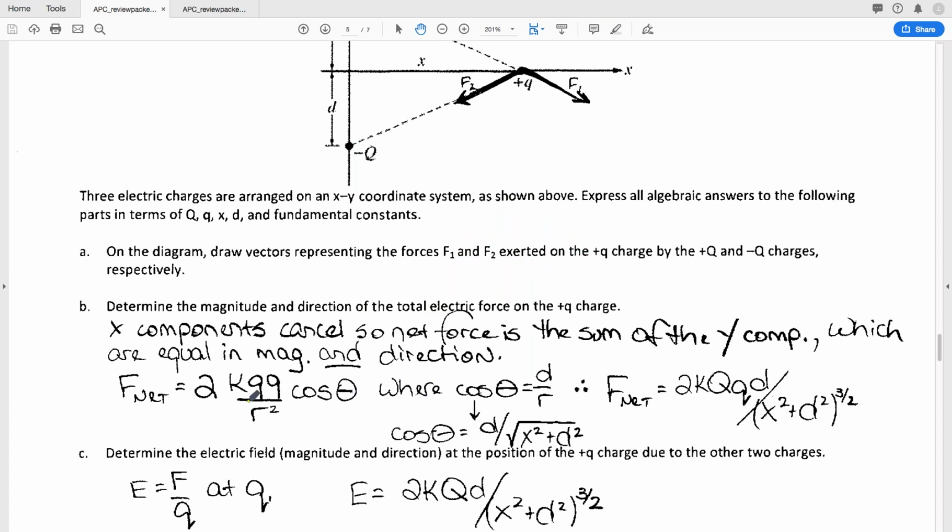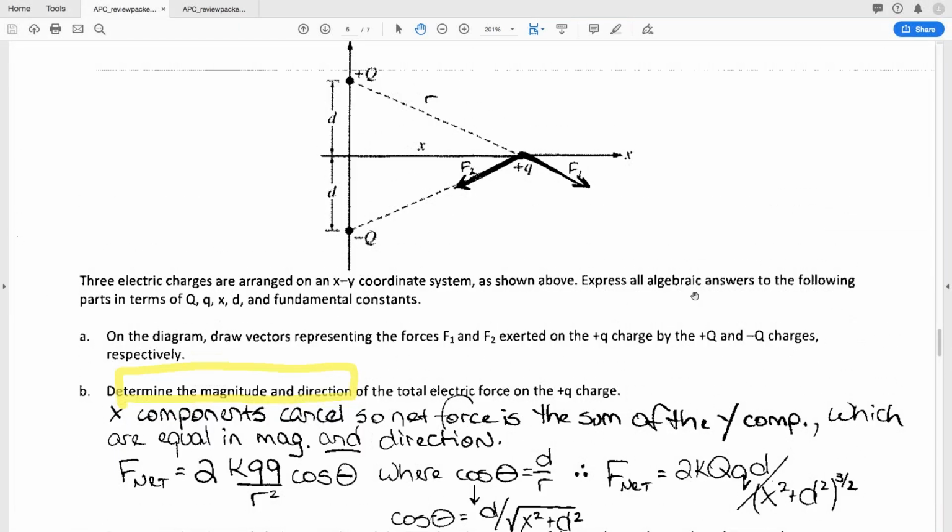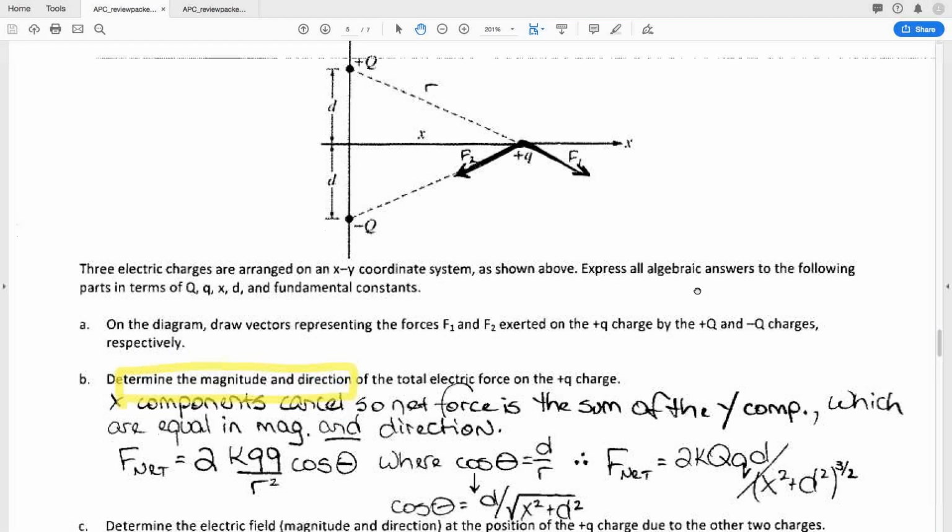So, here's our net force expression for Coulomb's law, 2 times KQ1 Q2 over R squared. And let's see here, this expression for cosine theta depends on what we're defining as theta. That hasn't been done in the question. So we want to typically reference